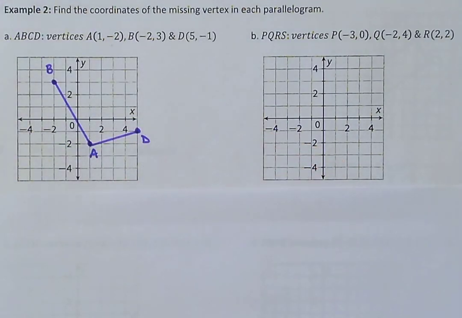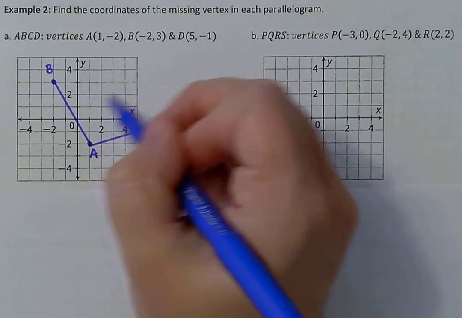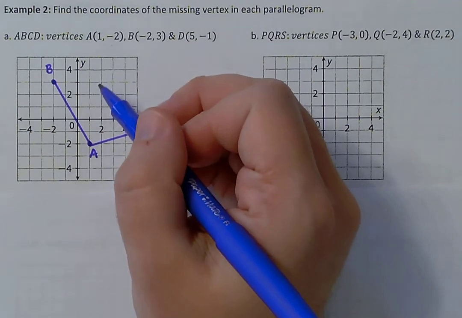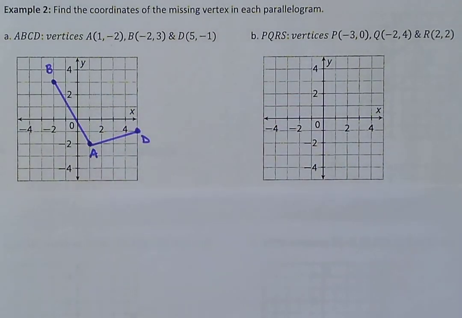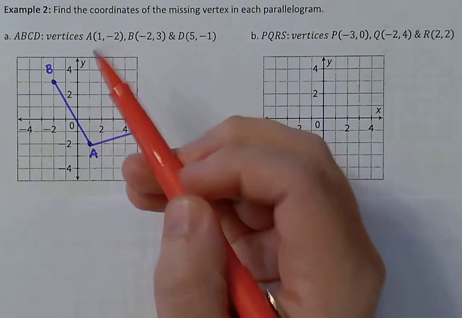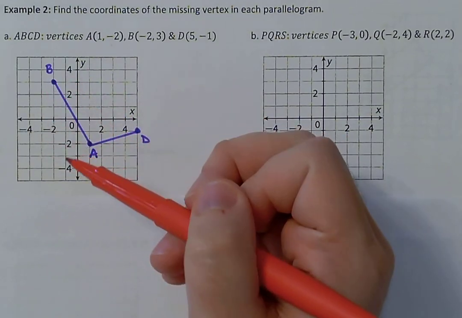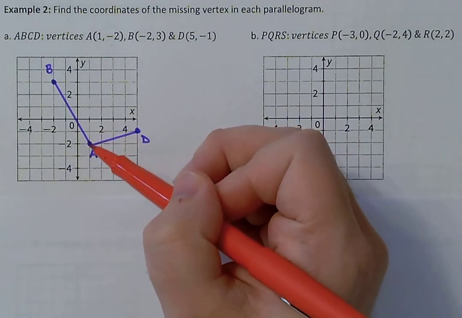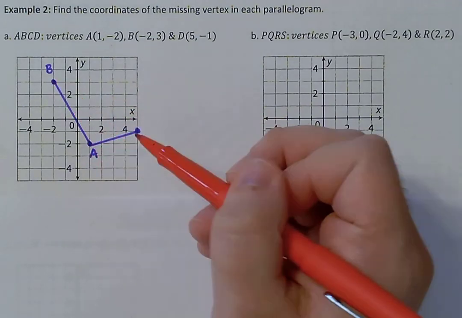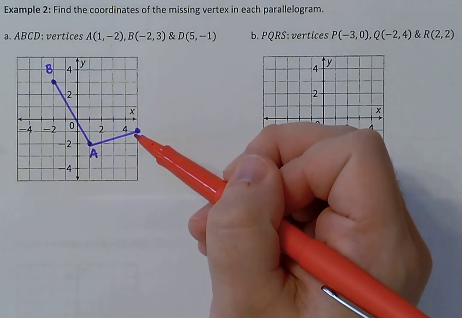All right, so we have 2 sides of our parallelogram and we have 3 of our points. We need to go through and find where C is going to reside in this area that results in a parallelogram. So the way that you're going to do this is we're going to use slope to help us figure this out. So our goal is to figure out the slope between points A and B, and we're going to apply that slope, what it took to get from A to B, to then apply that to D to figure